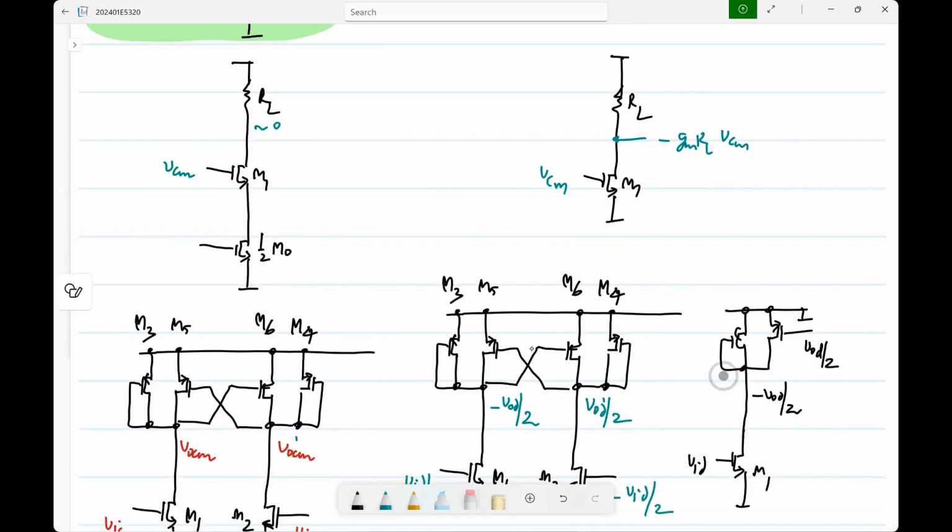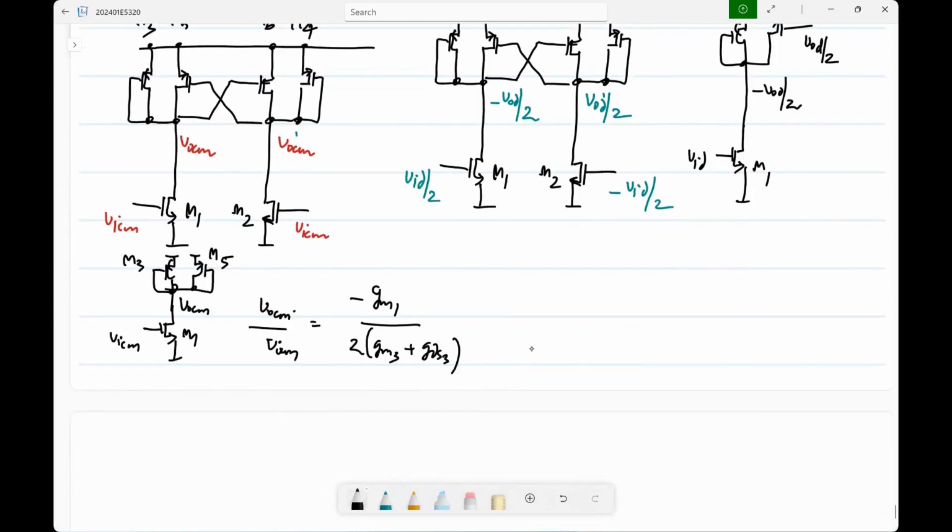Now, if you evaluate this, you have the gms of these two transistors carrying equal and opposite currents, so they just get cancelled out. You have the gds of these two transistors, and they appear in parallel. If you have not yet worked it out yourselves,